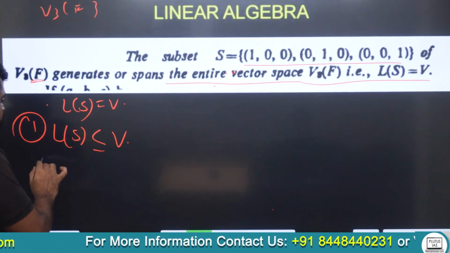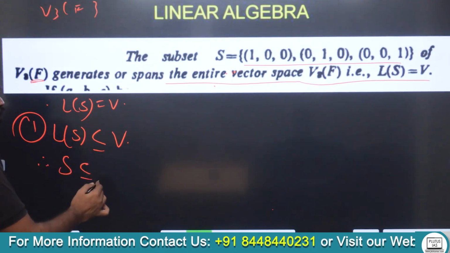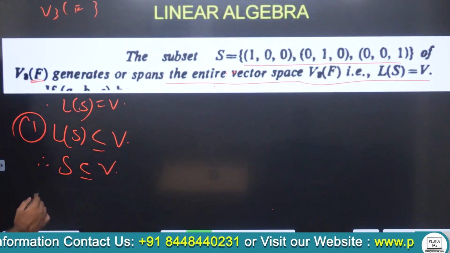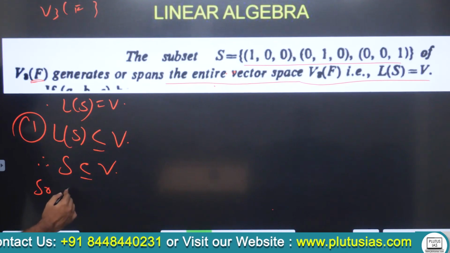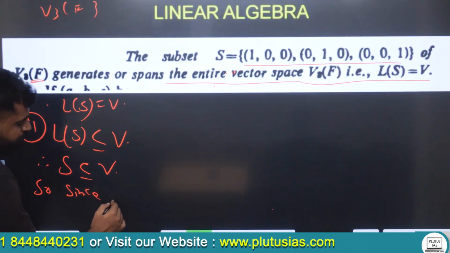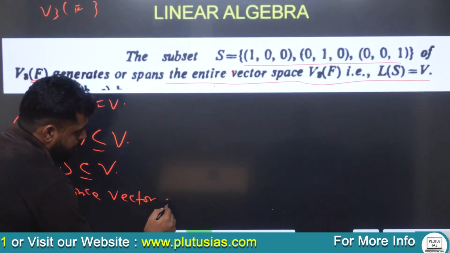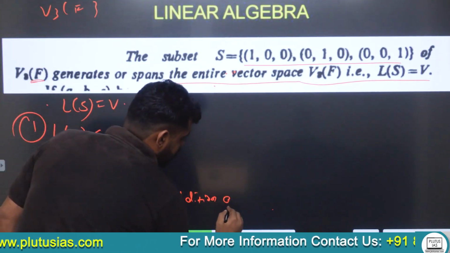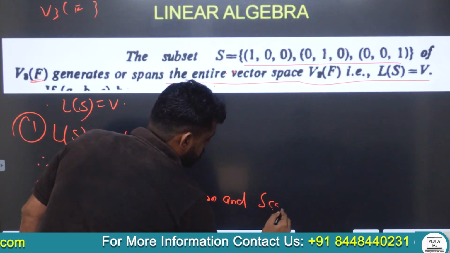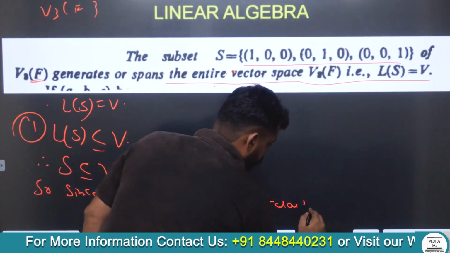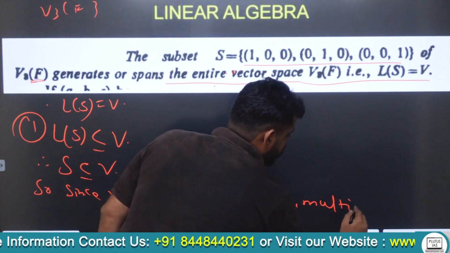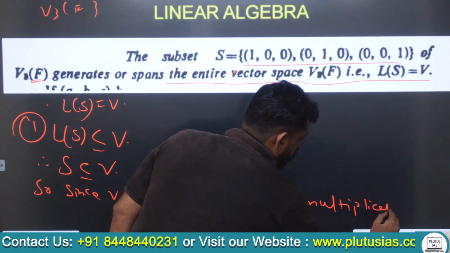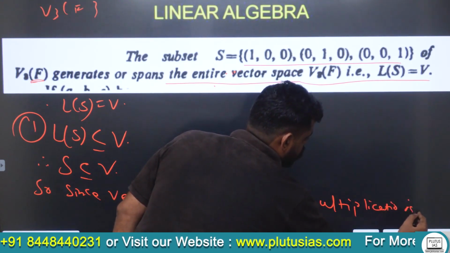Since S belongs to V, so since vector addition and scalar multiplication is closed,